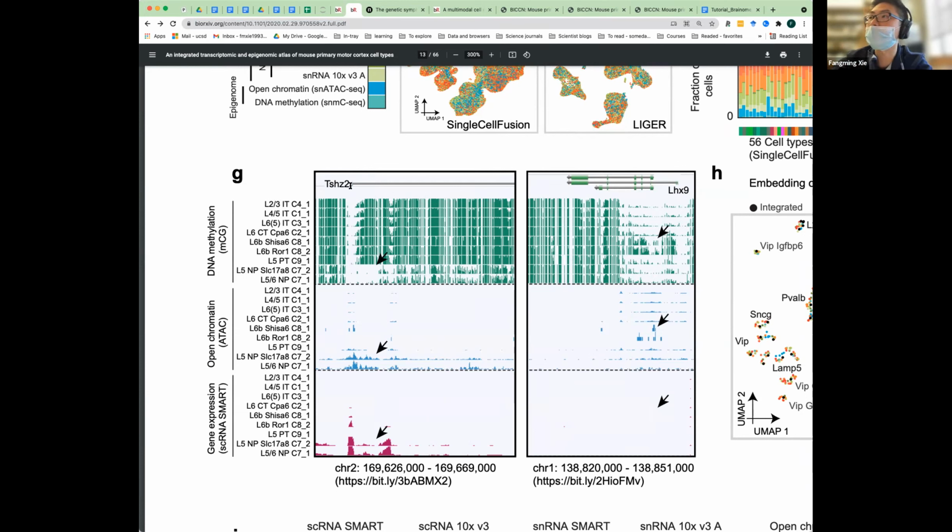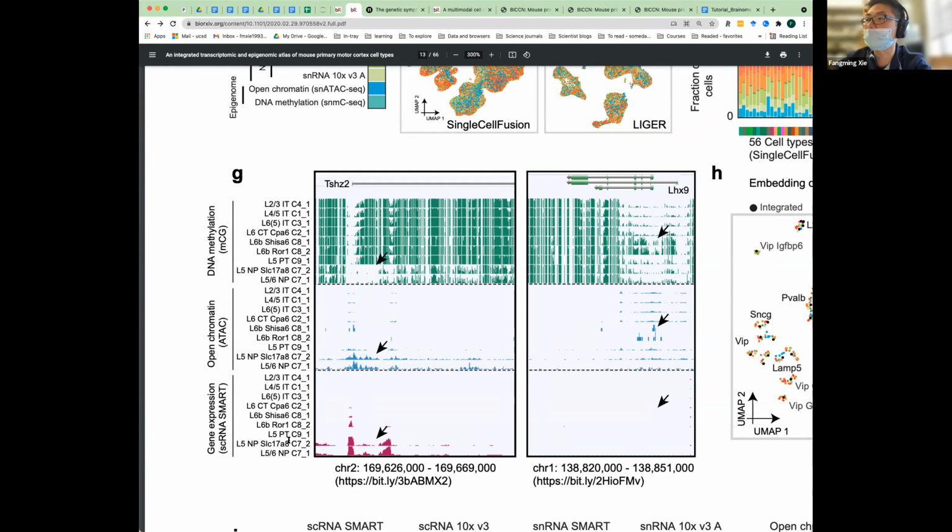You see that around that area, you have a specific low DNA methylation in the NP neurons, highlighted here. Correspondingly, you see only high ATAC signal at NP cells around the same region, but not in other cell types.